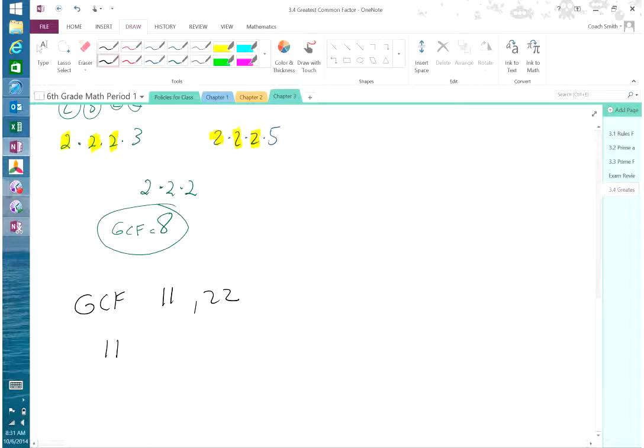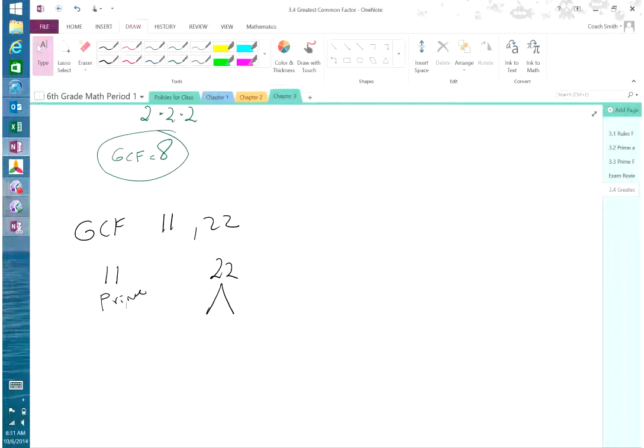I have to prime factor 22. So this is prime. So the prime factorization of 11, here's where some of you will make a mistake. Okay? The prime factorization of 11 is just 11, not 11 times 1, because 1's not prime. Remember, prime factorization is the multiplying of all the prime factors of a given number. Okay? Well, 1's not prime. 1's not prime or composite, so we don't use it. All right, now,